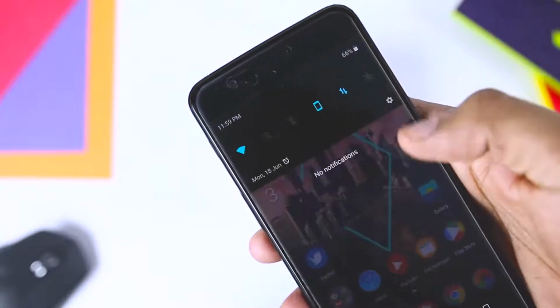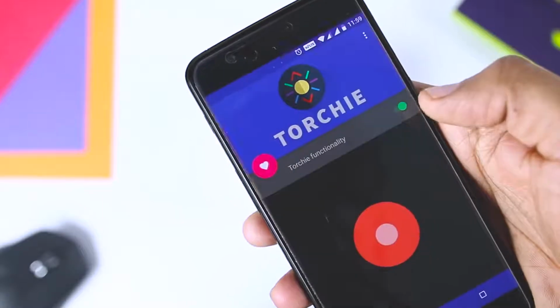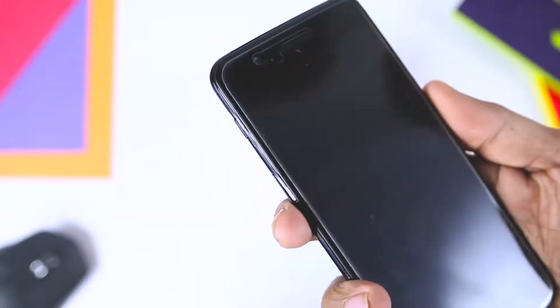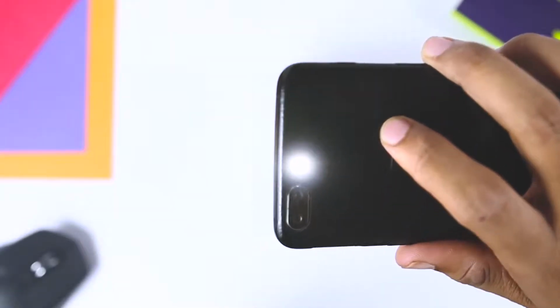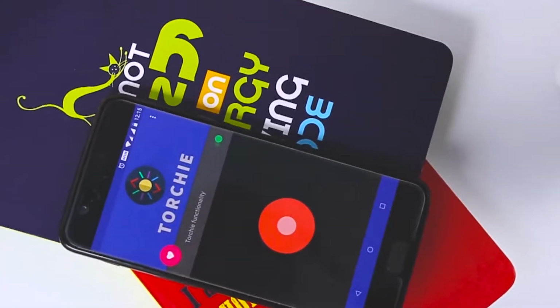The cool new Torchy app lets you activate an Android device's flashlight by just pressing the volume button. Also, if your smartphone doesn't happen to have a flash, it will activate the screen flash. The open source app also prevents activating the torch when it is in your pocket. Overall, it's a pretty handy app that you should install, and the good news is it works like a charm